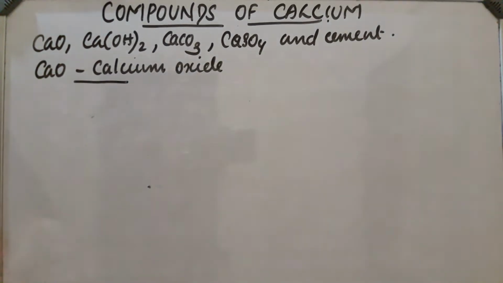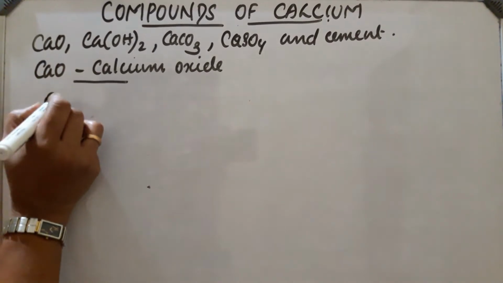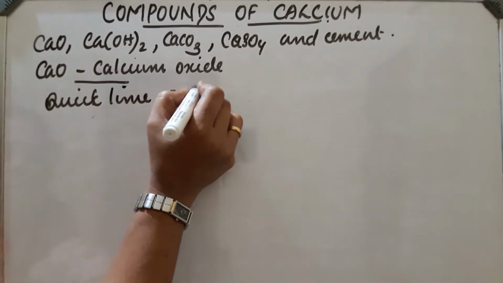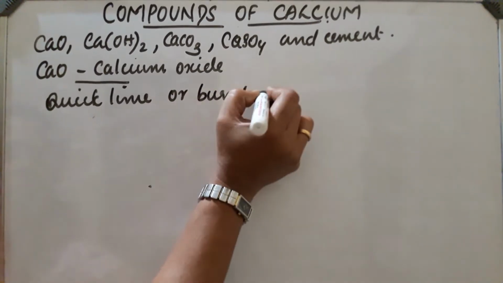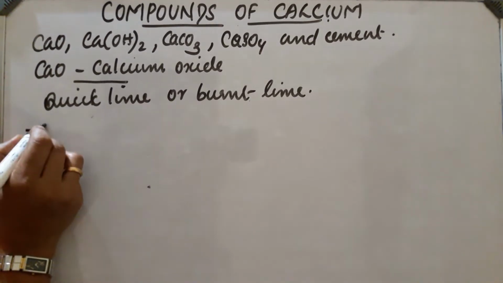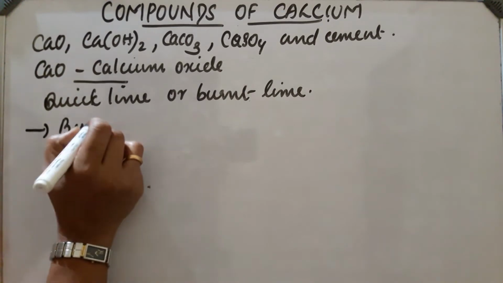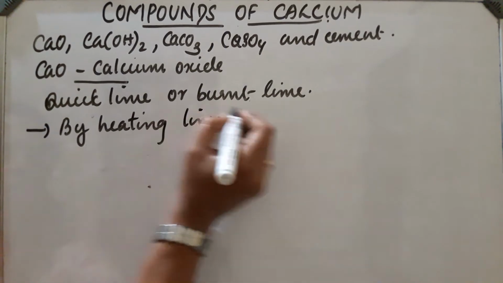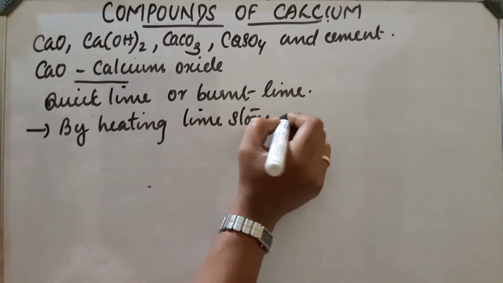This calcium oxide is also known as quicklime or burnt lime. So, next, preparation of calcium oxide. It can be prepared on a large scale by heating limestone, that is CaCO3,